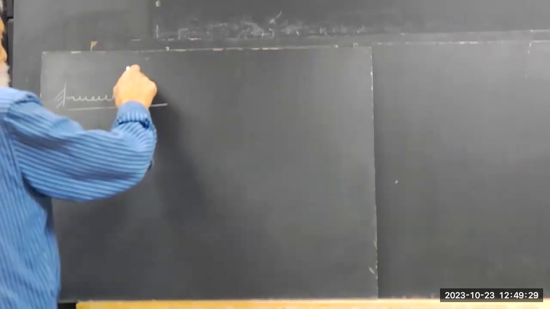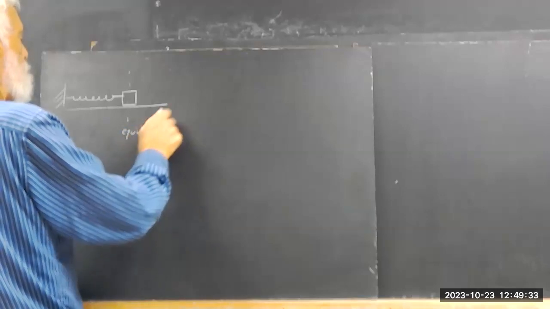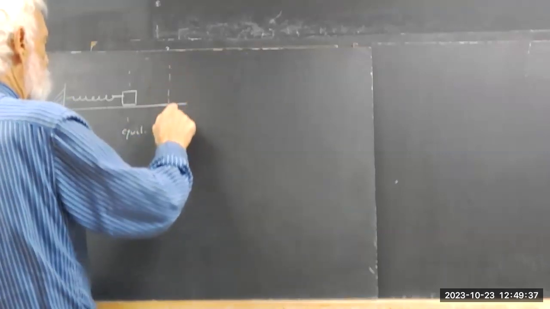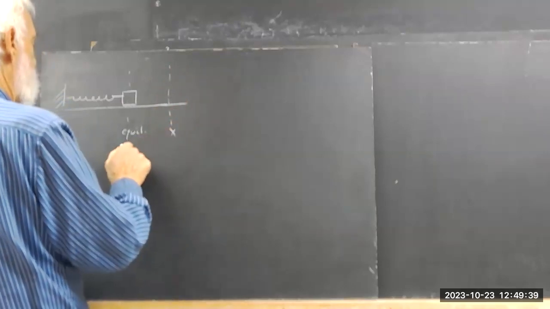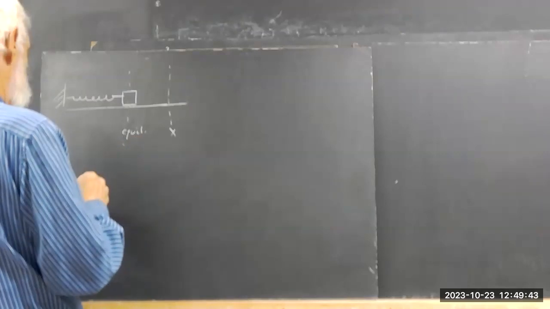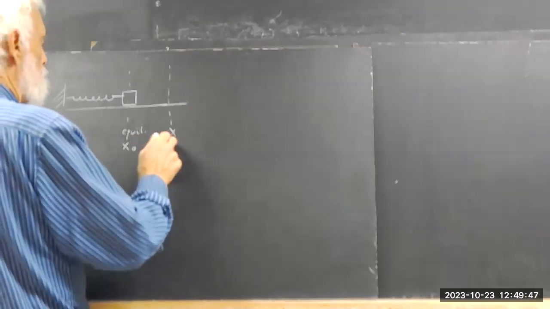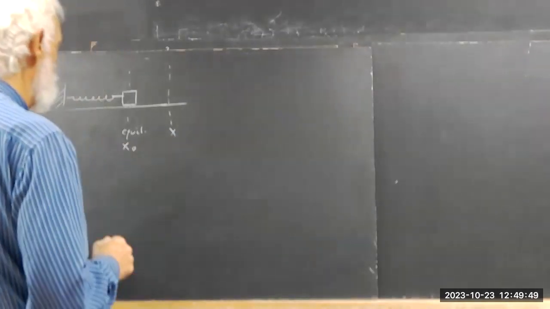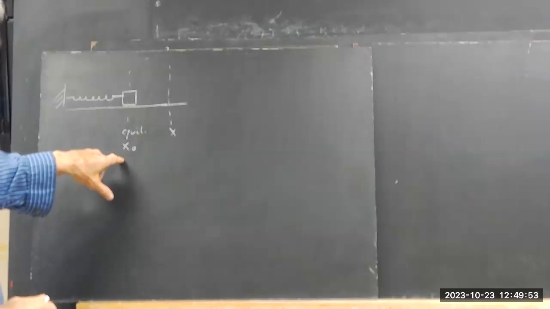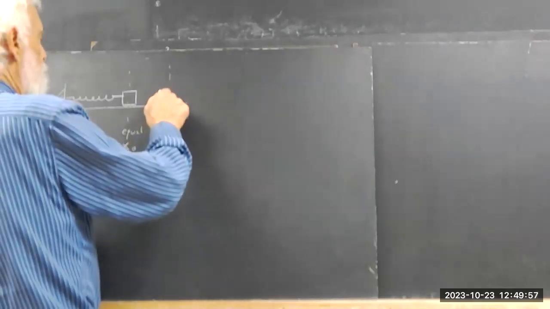So here's going to be the equilibrium position. And we're going to pull it up at some position X. Yeah, I'm going to call it X. Okay, equilibrium position is X naught, here is position X. So when we're out here,